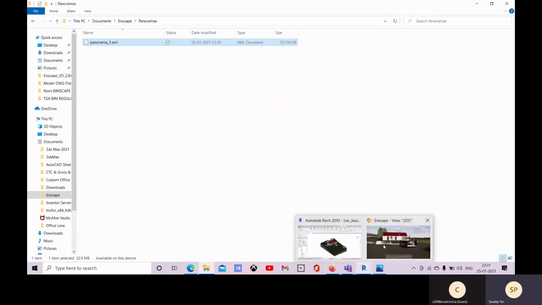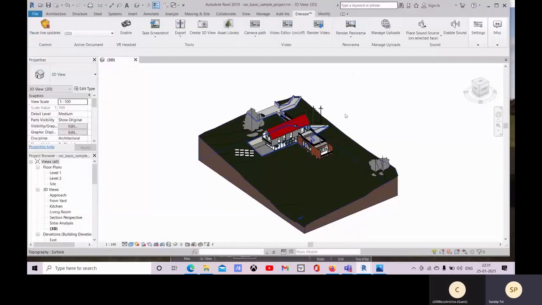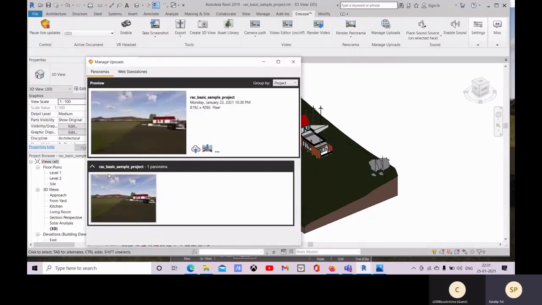Okay, so let me check in Revit. Let's check your manage uploads. So this is the panorama. You can view it.